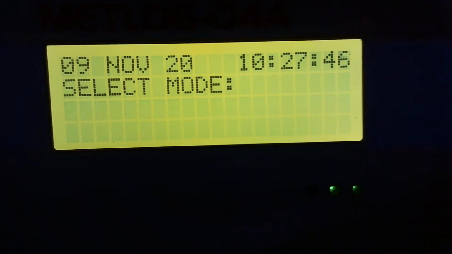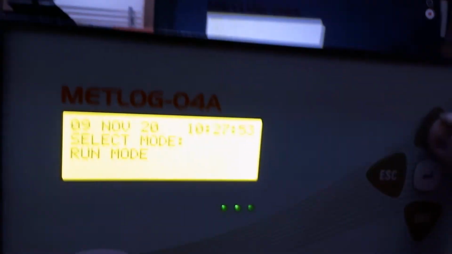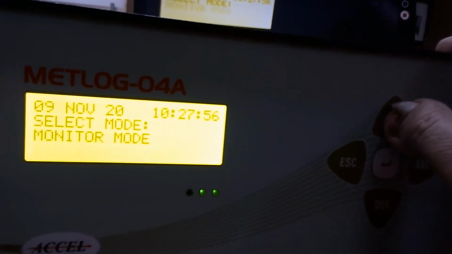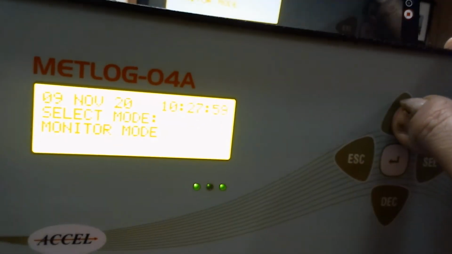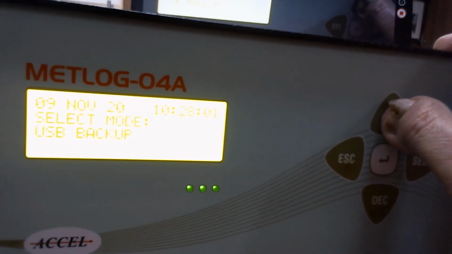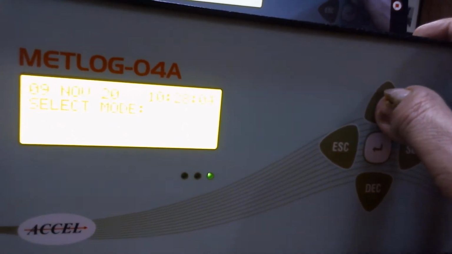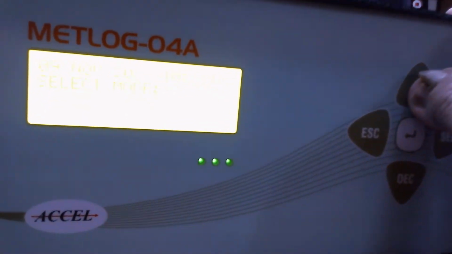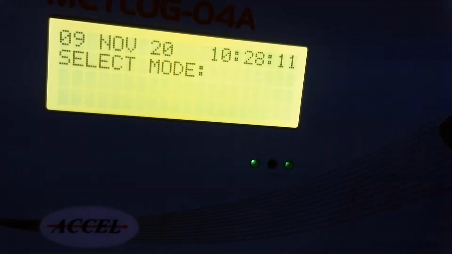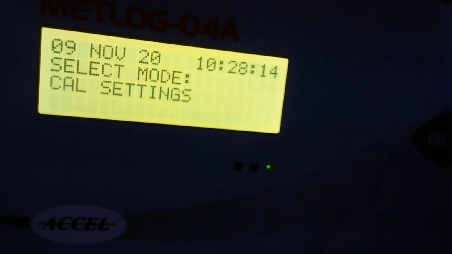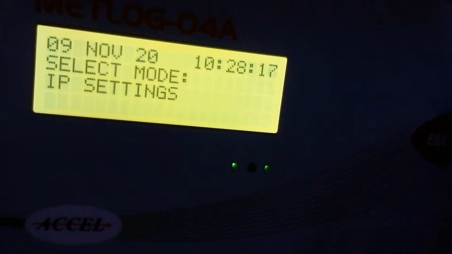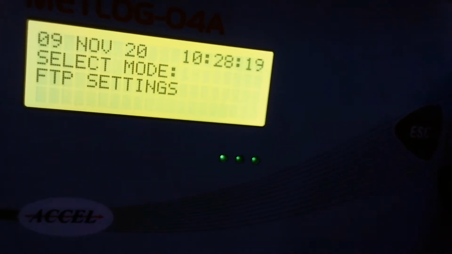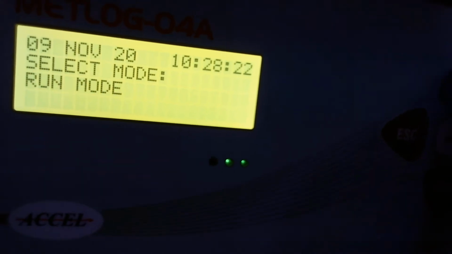Next mode is by pressing the increment button, you can go to the next mode. Monitor mode, again press in the increment button, you will go to USB backup mode, again press, then configuration mode, again press, then calibration settings mode, IP settings mode, FTP settings mode, system settings mode, run mode.